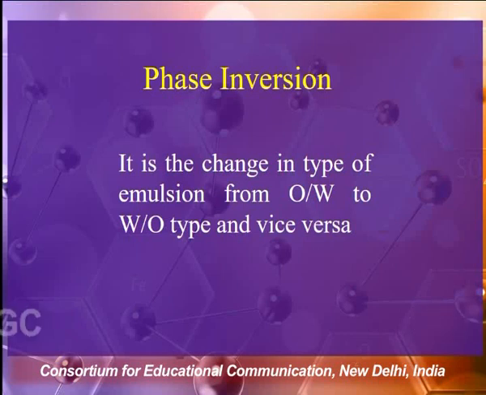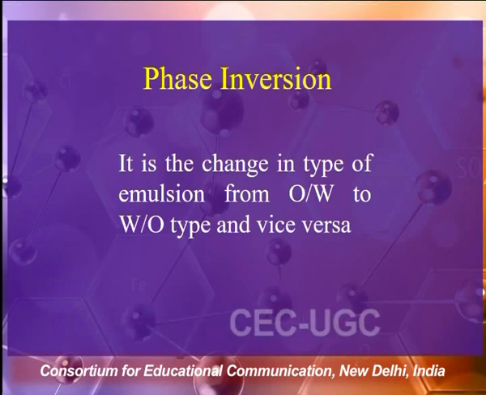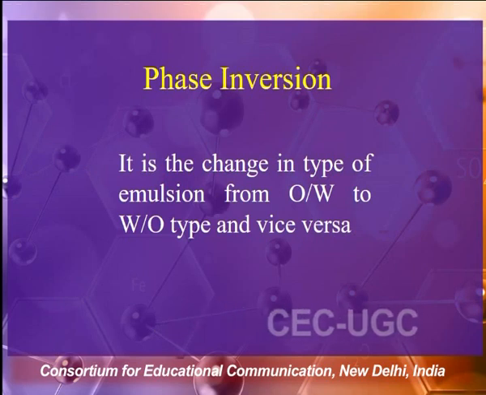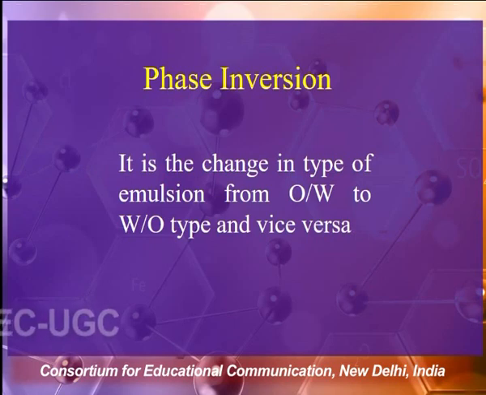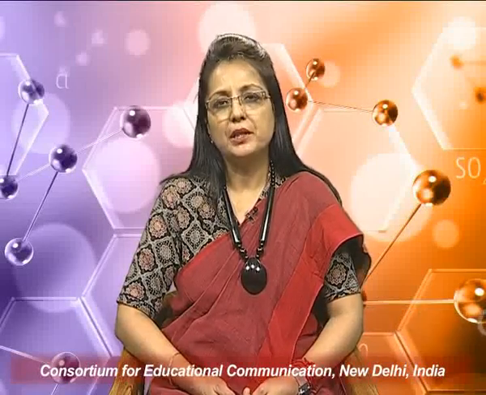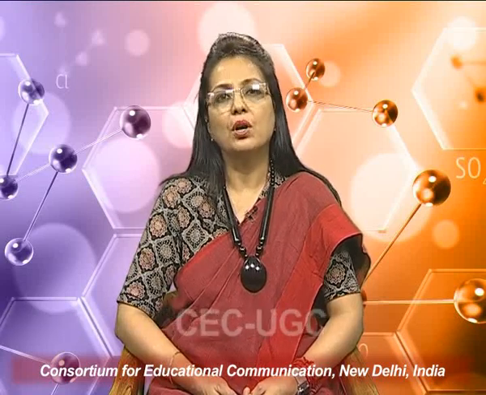The last concept with respect to stability of emulsion is phase inversion. By definition, phase inversion is basically the changeover of the emulsion type. We have already understood while talking about the definition of emulsions that emulsions can be oil in water type or water in oil type. If we have intended and achieved preparation of oil in water type initially, and on storage the system changes vice versa to water in oil type, then we call it phase inversion.